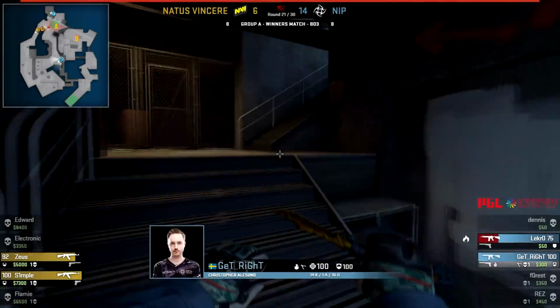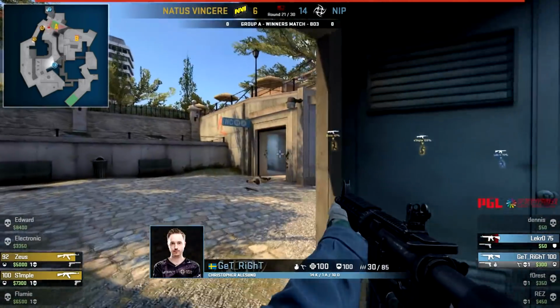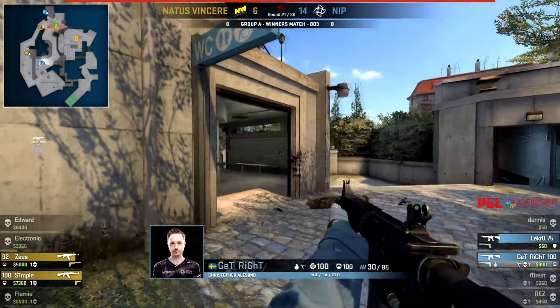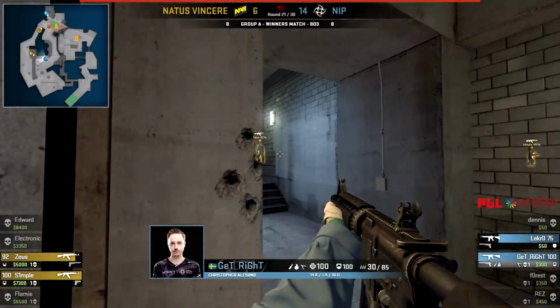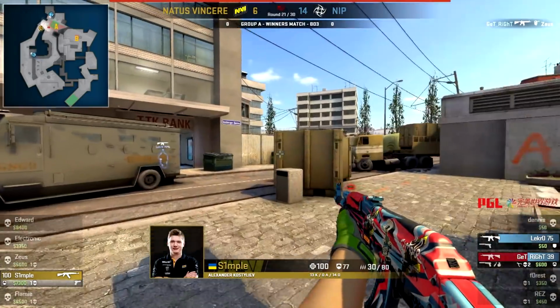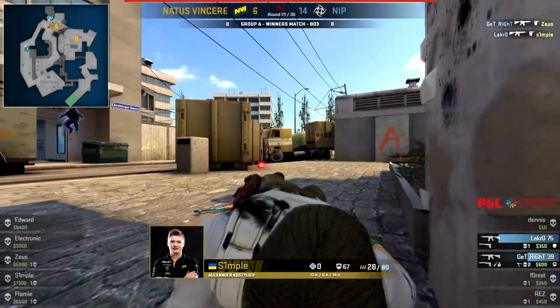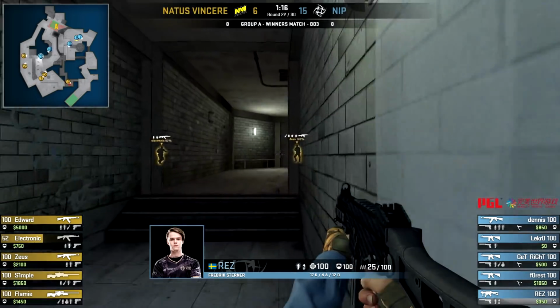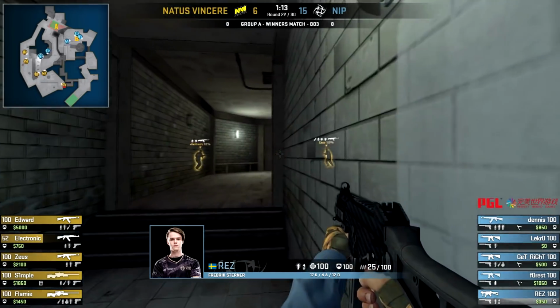So Lecro just created some noise there, some distraction. Navi only have 2 players. So there is great potential for this split to do some damage. Although Get Right's been discovered. Oh, he gets the engagement he wants. And now it's down to Simple, the 1v2, but he'll fall. Thanks to Lecro. We know that he's very, very good aggressively with it, so they have that going for them